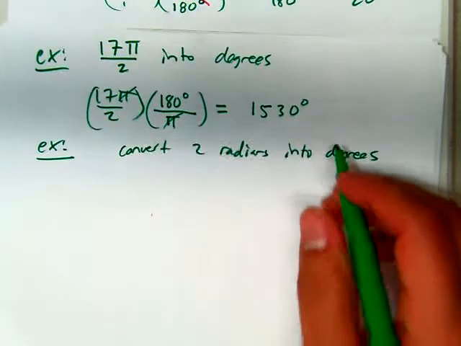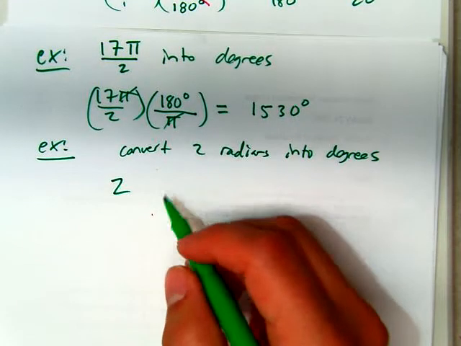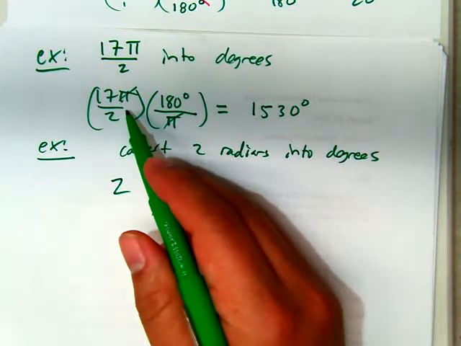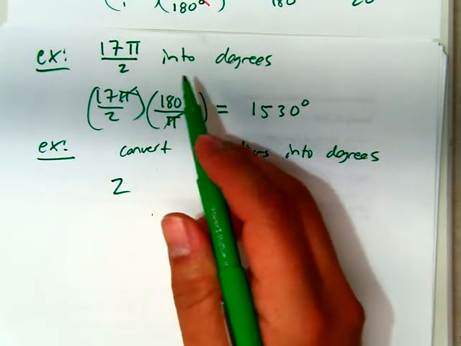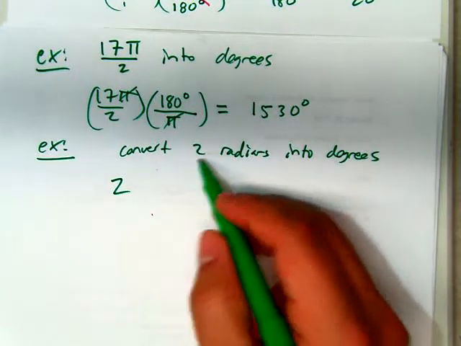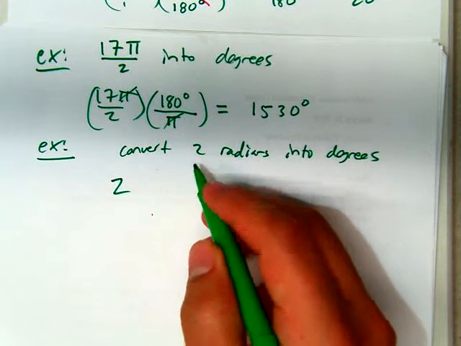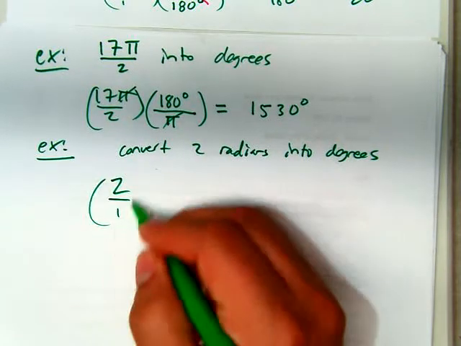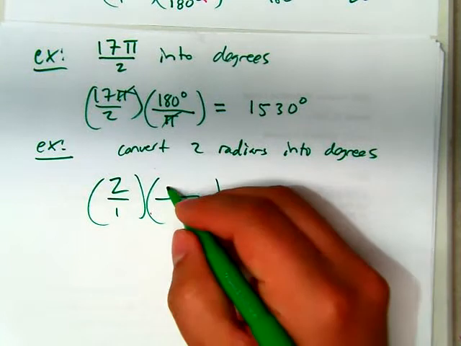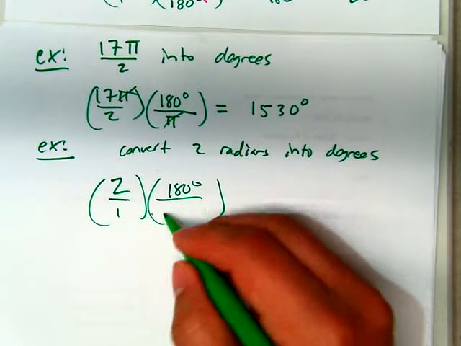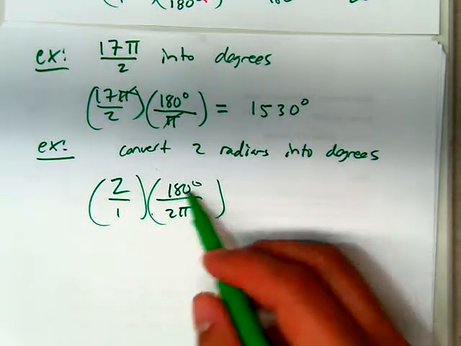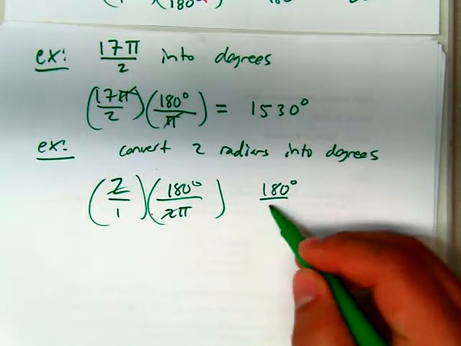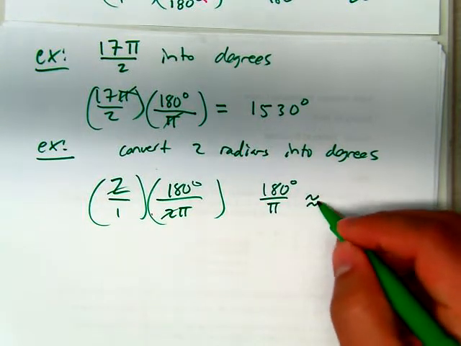Okay? So, same idea. I just want to make a point here that a radian angle does not necessarily have pi attached to it. So some of the examples we've seen all had pi. We don't need pi, and here's an example of one. So let's say we wanted to have 2 radians converted into degrees. We do the same thing. 180 degrees in pi radians. 2's cancel, and now we get 180 degrees over pi, which is approximately,